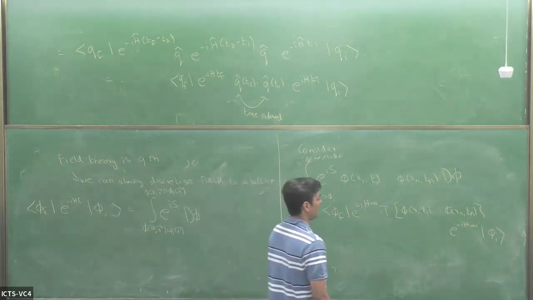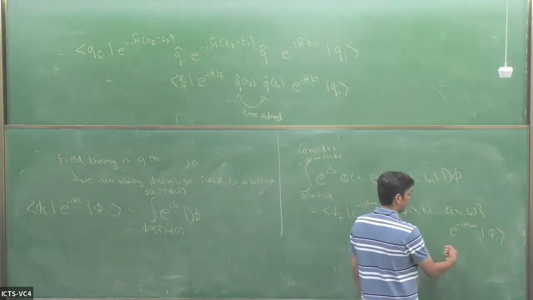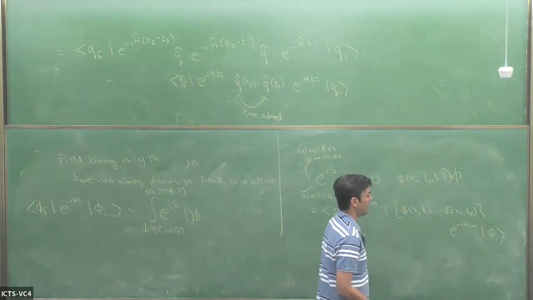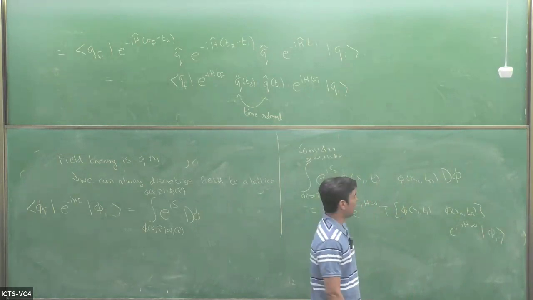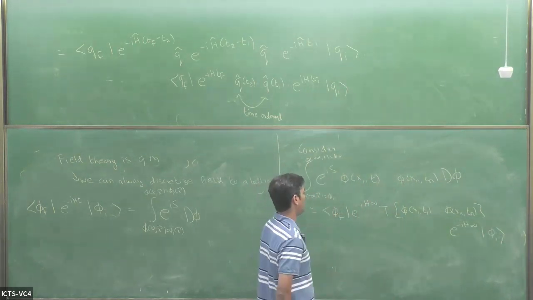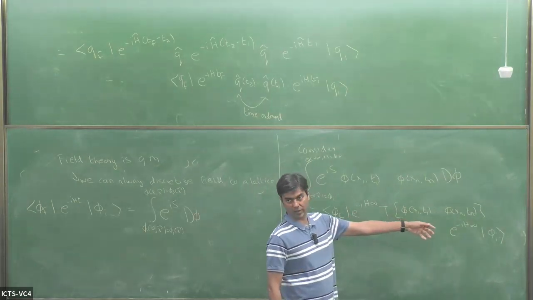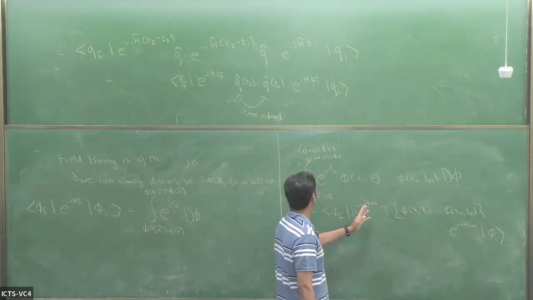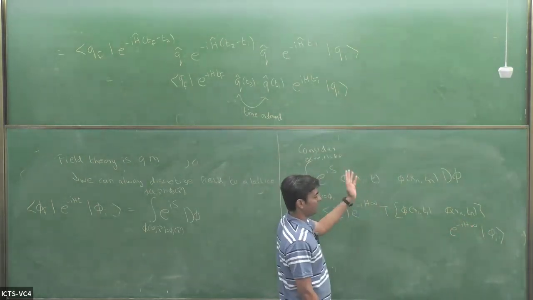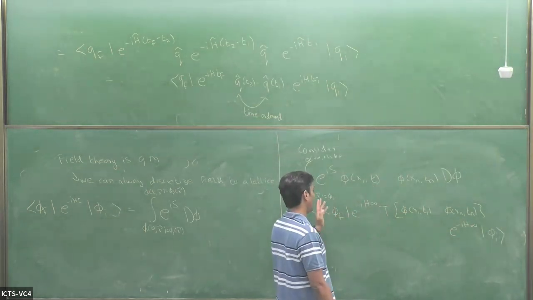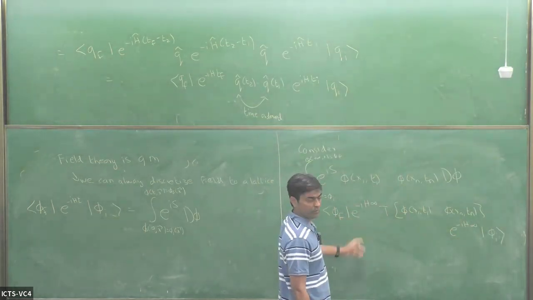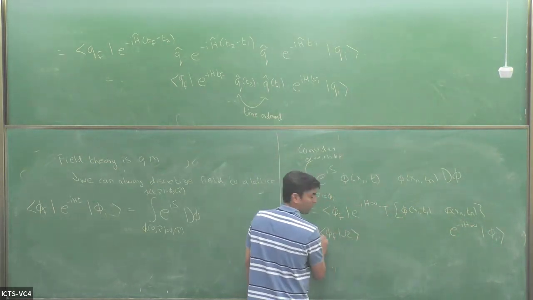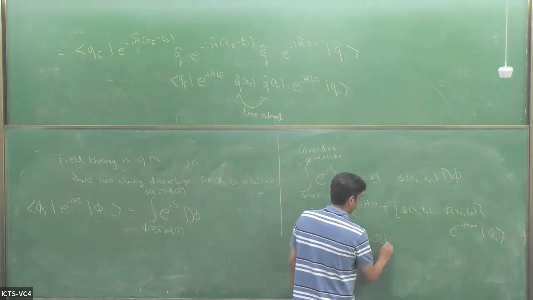However, notice that this evolution, which is an evolution of an infinite amount of time, will always project you onto the vacuum eigenstate. If you do this in Euclidean space, you will find both these factors will become e to the minus H infinity. This was going from t0 at minus infinity, and this was going from tf to infinity, but you will find that both these factors will just become some convergent factors, and the only term that will remain is the vacuum here. So this is equal to phi f times the vacuum, times the vacuum